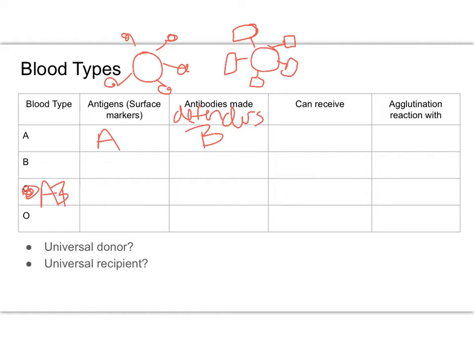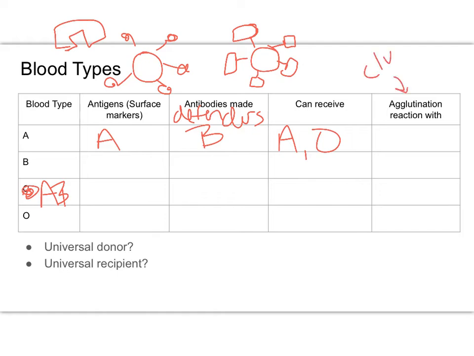So if I need to get a blood transfusion, I can receive type A blood because my B antibodies won't attack it, right? My antibodies for type A blood look like this, right? So they don't match with circles, but they definitely match with squares. So I can receive A blood and I can receive type O blood. We'll talk in a little bit why you can receive type O blood. What I will have is an